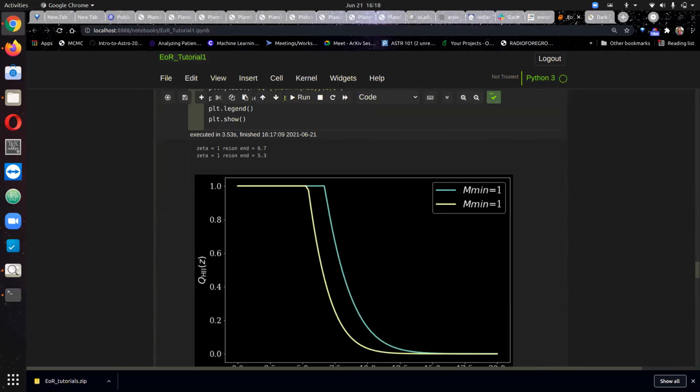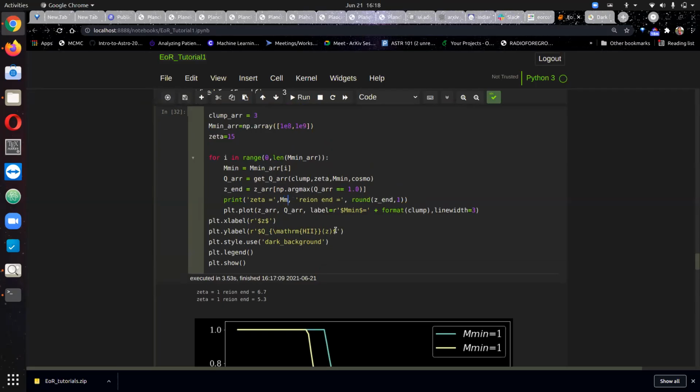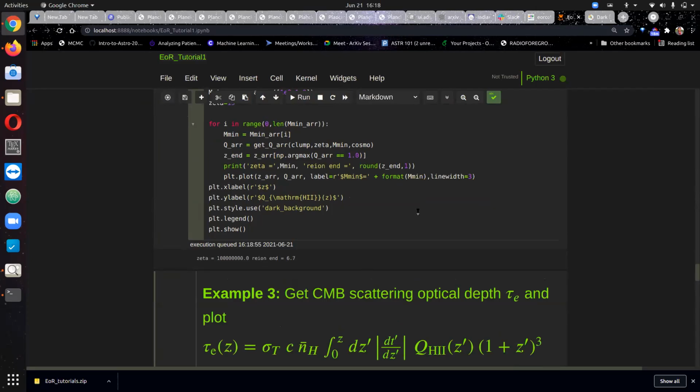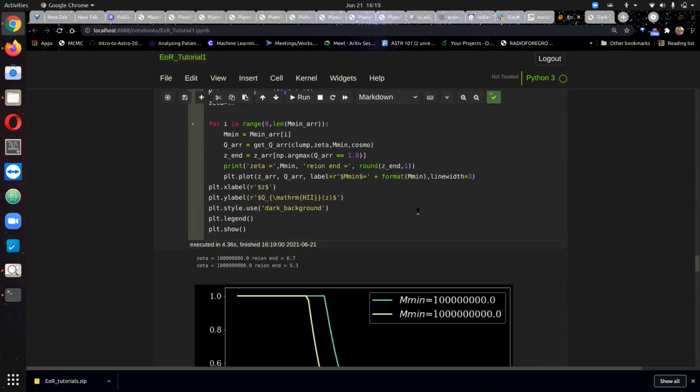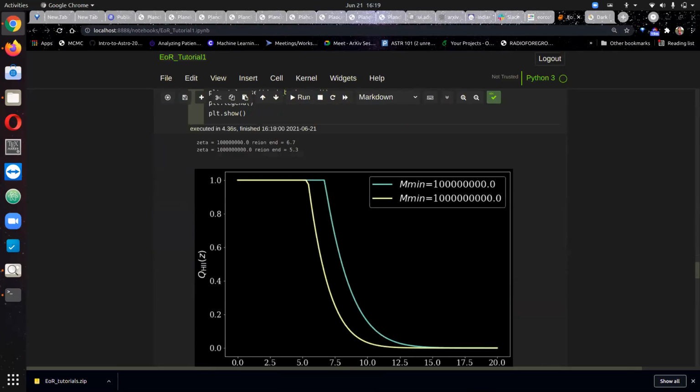No, I'm not able to get it. Can you please help me? So basically the green one which you are showing is for 10 to the power 8 solar mass, and the yellow one is for 10 to the power 9. Now why is it happening? Because 10 to the power 8 means a lower mass, so the lower limit of that integral is lower. If you change it to the higher mass value of 10 to the power 9 solar mass, you will basically lose that contribution from halos of 10 to the power 8 to 10 to the power 9 solar mass. For those there will be no star formation or not efficient star formation.